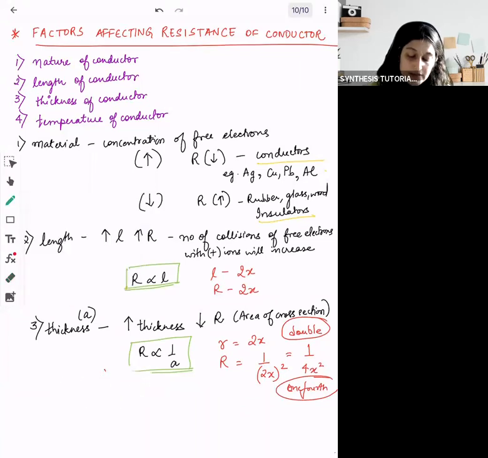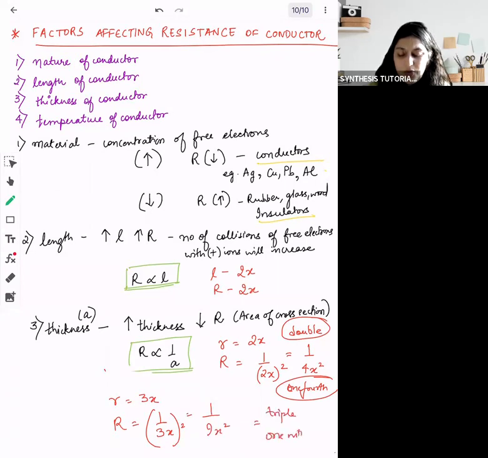ठीक है? In the same way, अगर radius तुम्हारा 3x हो रहा है, sorry, small r होगा radius. अगर radius तुम्हारा 3x हो रहा है, तो resistance हो जाएगा 1/(3x) the whole square. Okay, यानी area तुम्हारा उतना हो जाएगा, यानी 1/9x square. So ट्रिपल का हो जाएगा 1/9. एंड यू कैन कीप गोइंग ऑन लाइक दिस. अगर 4 टाइम्स हो गया तो ये हो जाएगा 1/16. क्या 1/16 ऐसे लिख सकते हैं.